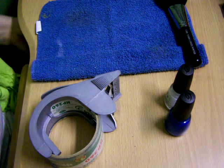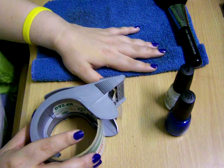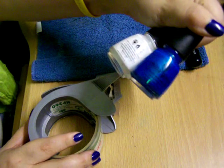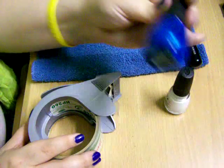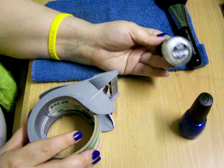Now what you'll need, and like I said, please forgive me because this is ghetto tape. I know you're going to need a towel to rest your brushes on after. Whatever nail polish you want to use. I'm using China Glaze Sexy in the City, and I just have a white base because I feel